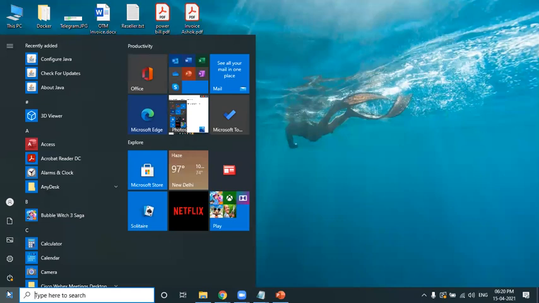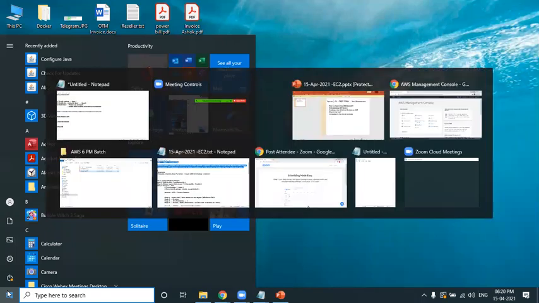But what is my plan? My plan is to learn Linux commands. Definitely you cannot learn Linux on the Windows operating system. So what you need is a Linux operating system. If you need Linux